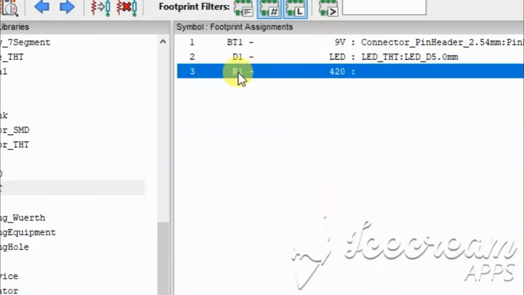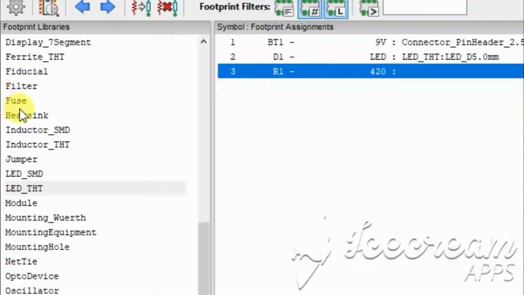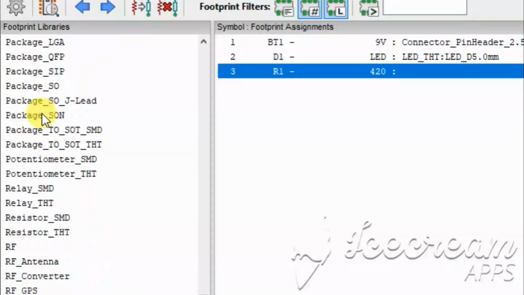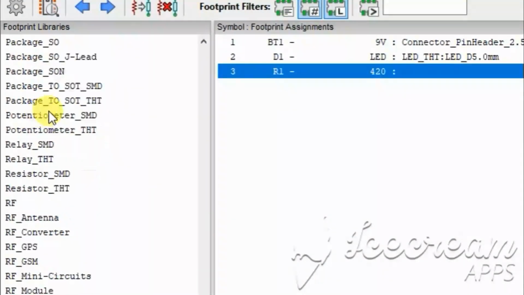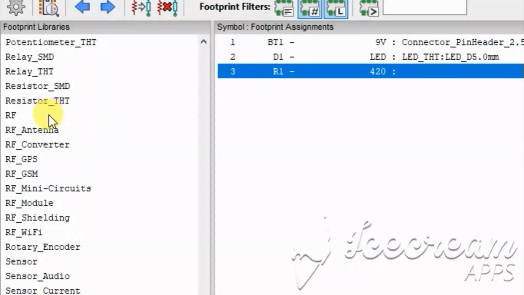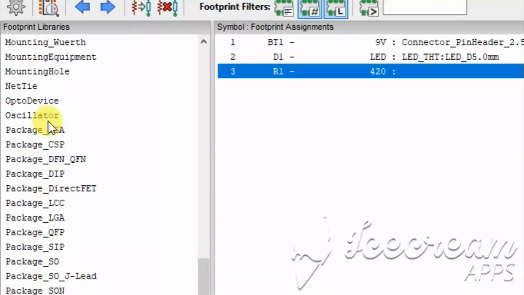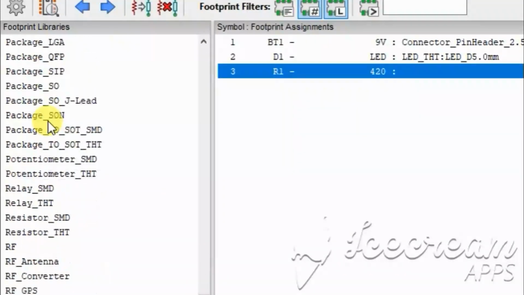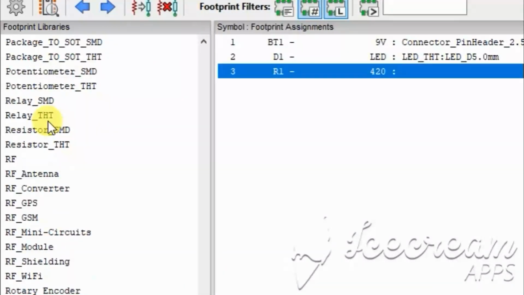And next, the resistor. Search resistor in your library place. Search resistor THT.